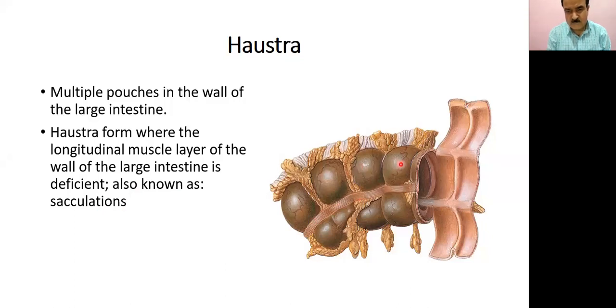It is circular muscle there. Because this taenia coli is a bit shortened compared to the intestine, it pulls the circular layer and forms the outpouching, what we call a haustration. So this is one haustration, this is another haustration. So the taenia coli being shortened puckers the large intestine and forms bulgings, what we call haustrations. I hope you understand it.